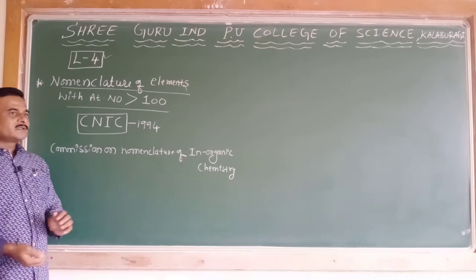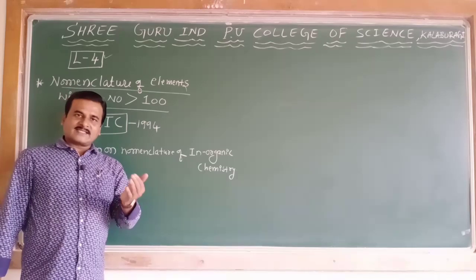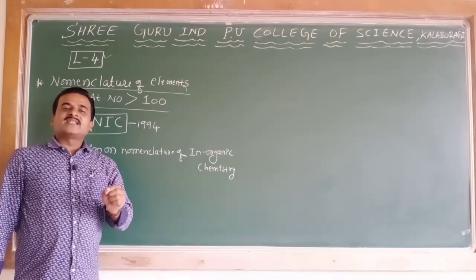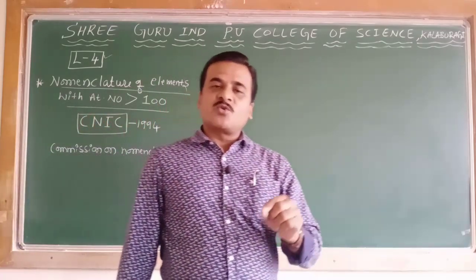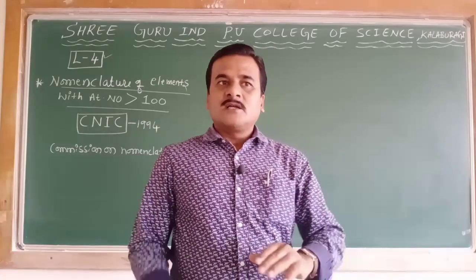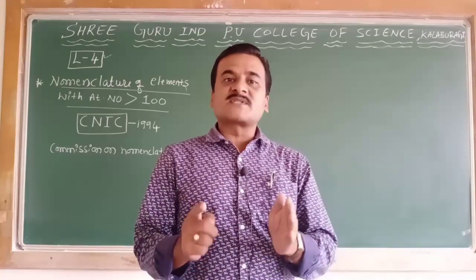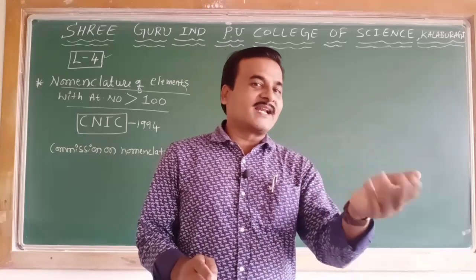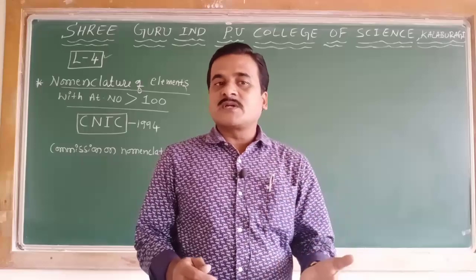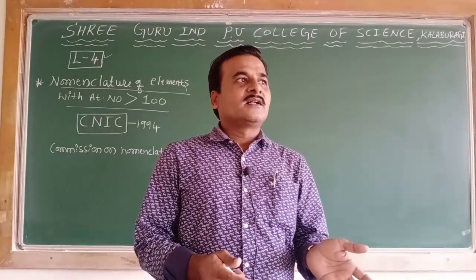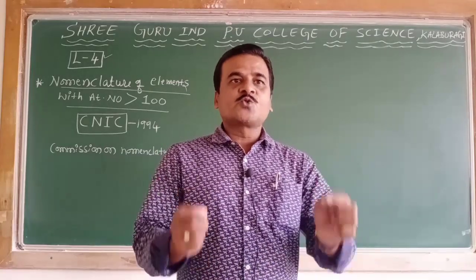I repeat, when the names suggested by the discoverers were accepted by the IUPAC, there arose a problem in naming the elements with atomic number more than 100, because different discoverers laid their claims on the discovery of some of the elements with atomic number more than 100. Till 100 there is no issue. But some of the discoverers claimed the discovery of those elements with atomic number more than 100. To solve that problem,